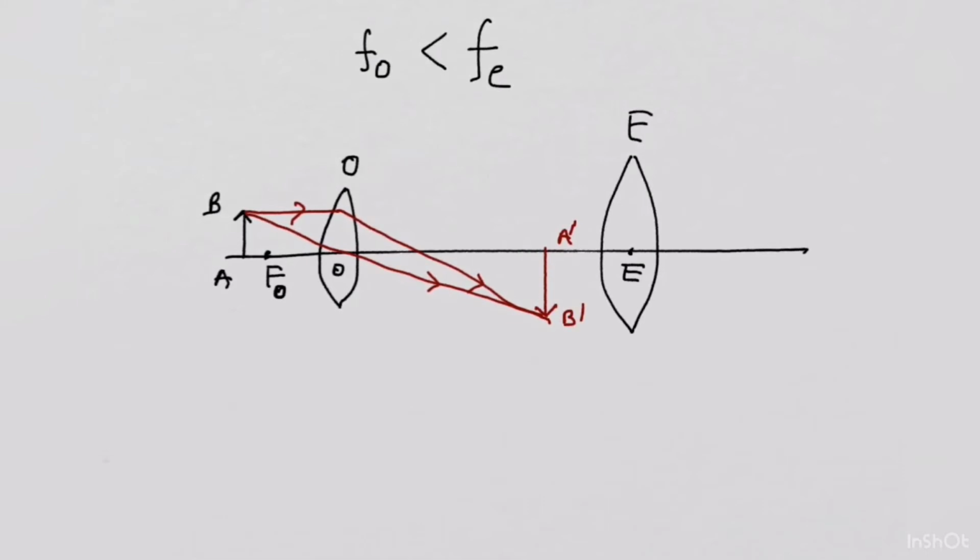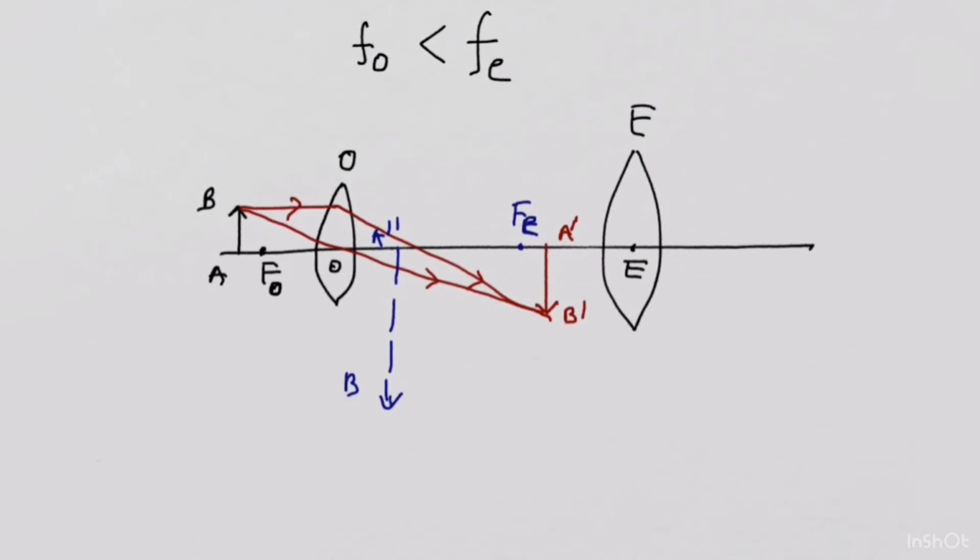Now here you have observed that I made the image first and made the rays later on. That's a trick. Okay. Again, this image is formed between the focus point of the eyepiece and the optical center of the eyepiece. So it will form a virtual enlarged image on the same side of the object. Again I have made the image well before, then make the rays. This is again a good trick.